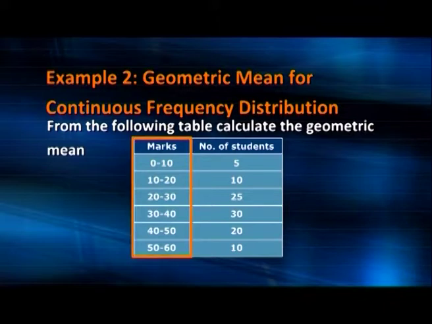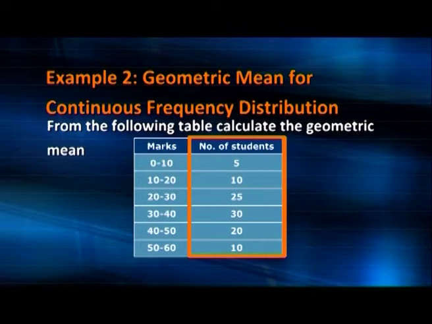One containing the class interval of marks and the other with the number of students in each class. From this data, we have to calculate the geometric mean. The class interval given for this is 10. So the ranges in the marks table will be 0 to 10, 10 to 20, 20 to 30, 30 to 40, and so on. The corresponding values of number of students are given as 5, 10, 25, 30, 20, and